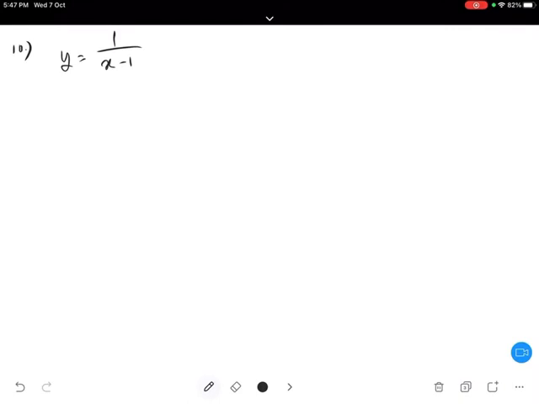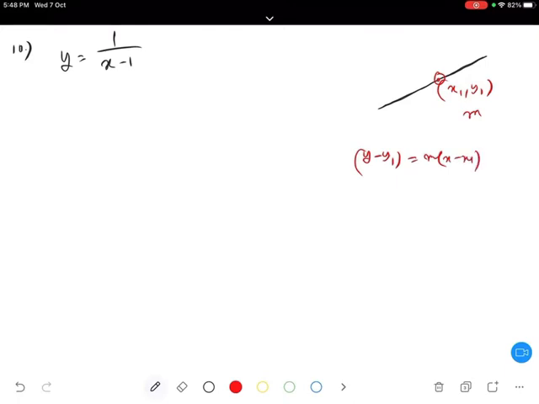In order to find an equation of a line, what two things do we need? One thing we need is a point, and the other thing we need is a slope. The slope is given, but we don't have a point, so we have to find the point. Achha, what is the equation of a line if a point and slope are given? Point slope form: y minus y1 is equal to m into x minus x1. This is my equation of a line in point slope form.